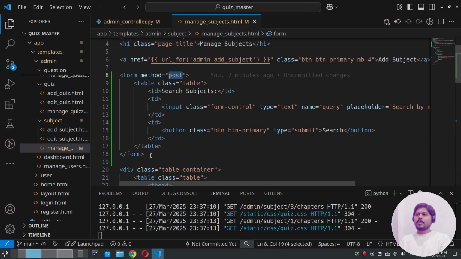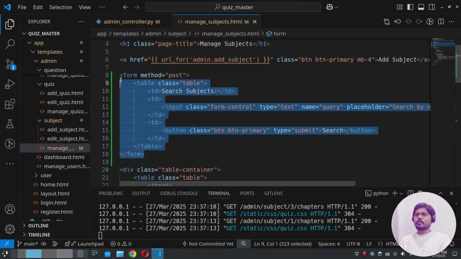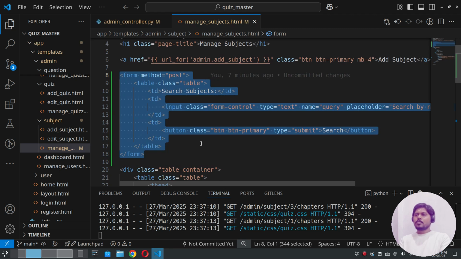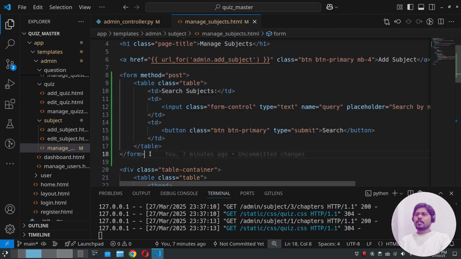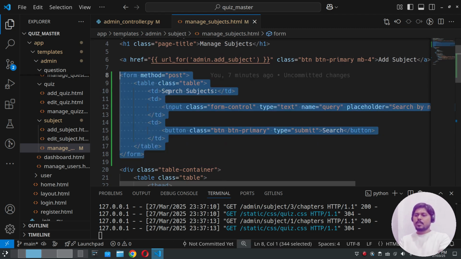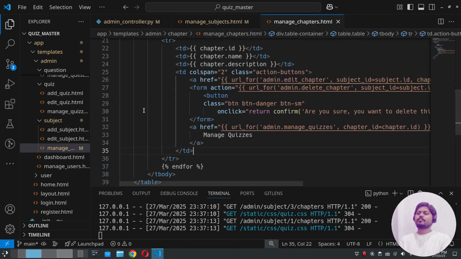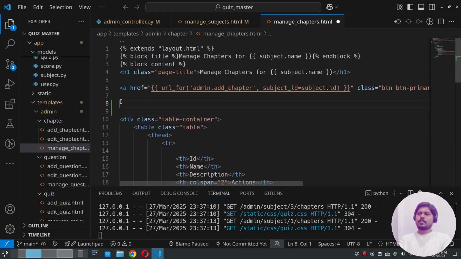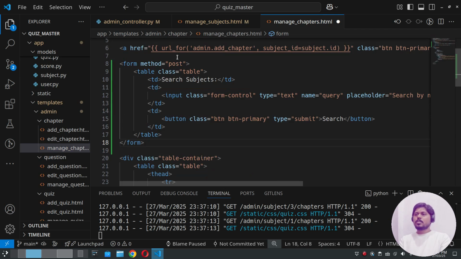So copy the form that we made here, and the form will be the same, we just need to update the labels. Okay, so copy the form, go to manage chapters, and above the table, add the form,